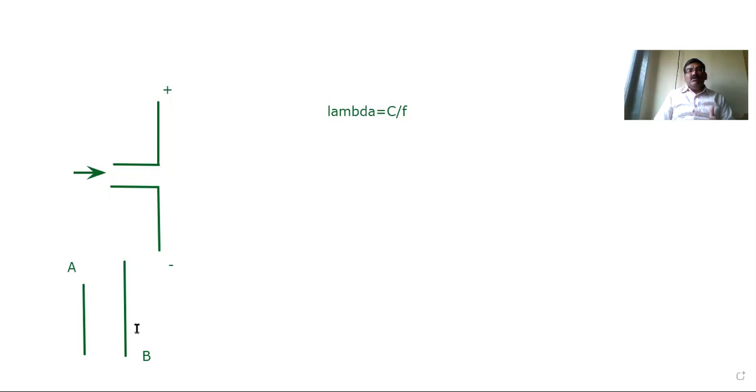What is the thumb rule? Thumb rule says lambda by 4 is the standard length of the antenna. That is in general, the thumb rule for the understanding. Now, I'll give you two examples. What is lambda and what is its significance? What is the significance of lambda and why is it important for the antenna? Okay, so we know this formula, and I'll write lambda here as capital L, so that it will be easy for us further.